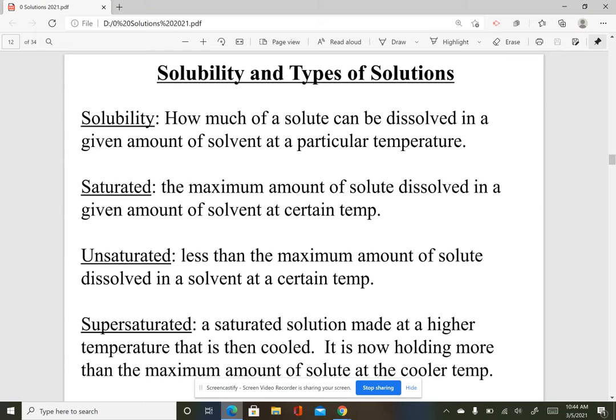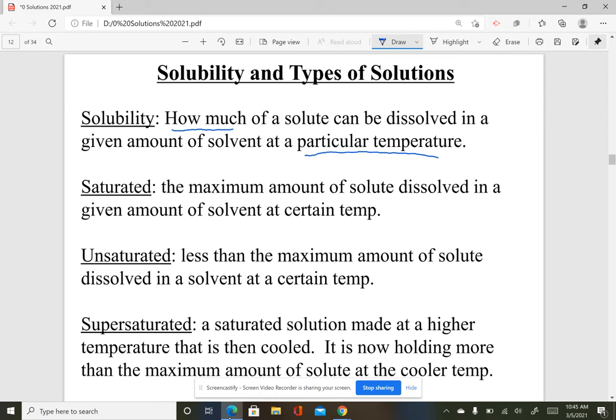Guys. So, we're going to get into detail today about how to more specifically describe solutions. We know at this point that a solution is a homogeneous mixture where you have something dissolved in something else. So, the word solubility is a little more specific than just whether something will dissolve or not in water or in another solvent, but it's how much of a solute can be dissolved in a solvent at a particular